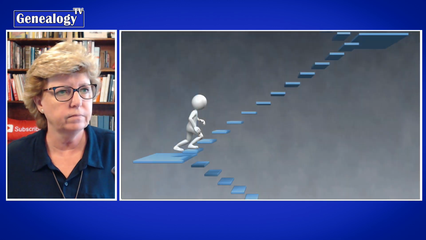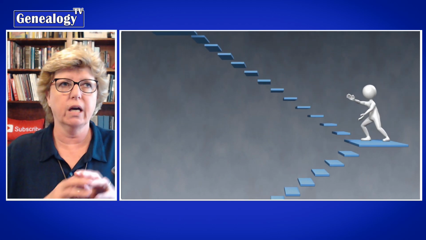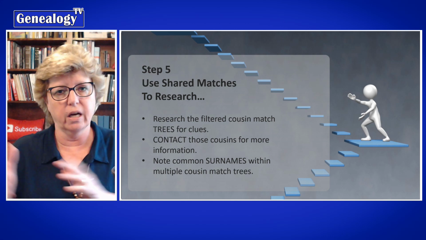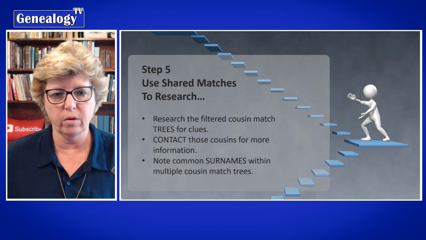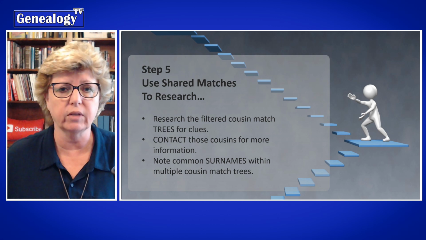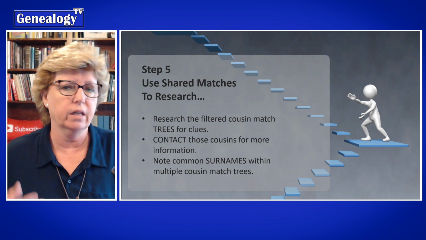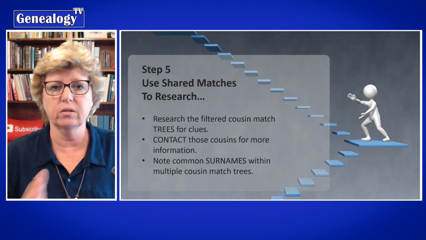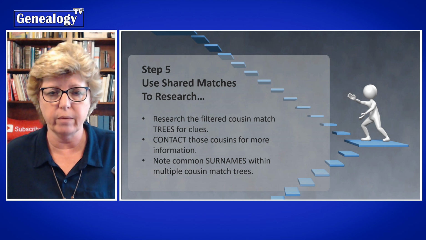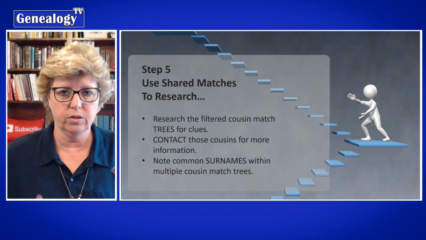Okay, so now what do we do? Now we've organized our DNA list by the different lines in the tree to the best of our ability. And it might be you're not sure, so you might want to leave it unmarked. But in step 5 here, what we do is we take those shared matches and we filter it back down to what our research question was. So we were originally looking for that paternal grandfather, so we might filter that list back down to just that line,